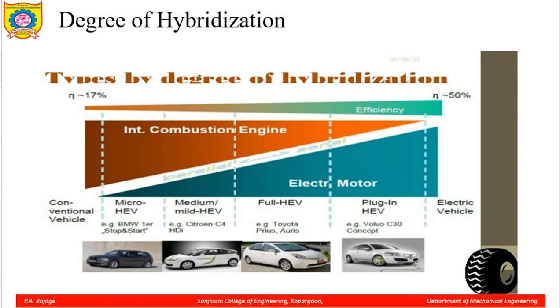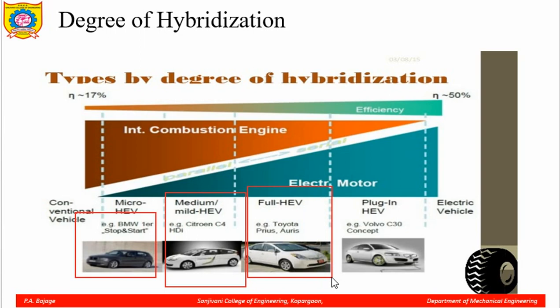So here are some examples shown of the cars. For micro, you have the BMW 1 Series. For medium or mild hybrid electric vehicles, you have the Citroen C4. Then for full hybrid electric vehicle, you have the Toyota Prius, Auris, and the PHEV, that is the plug-in electric hybrids. You have the Volvo C30 concept car. And the next category here is the